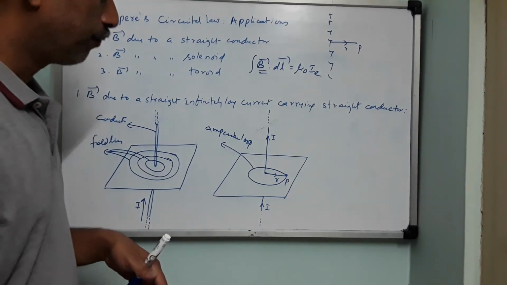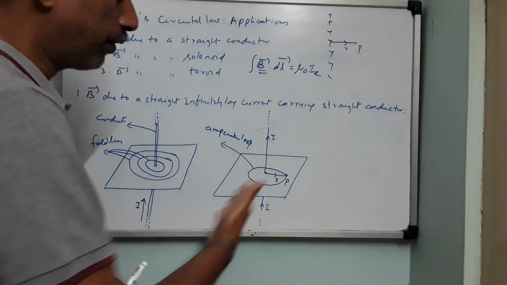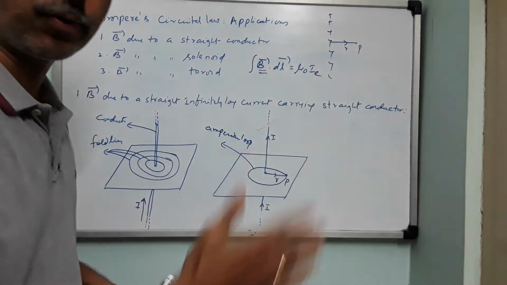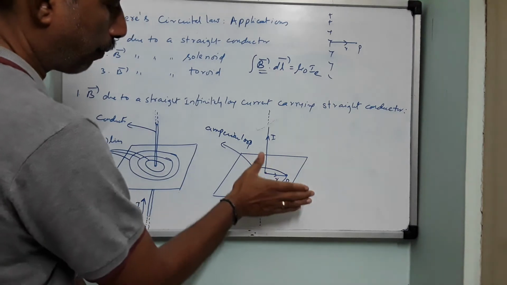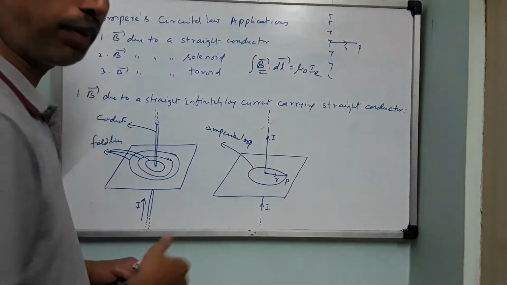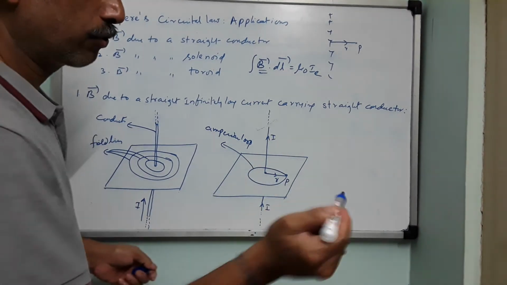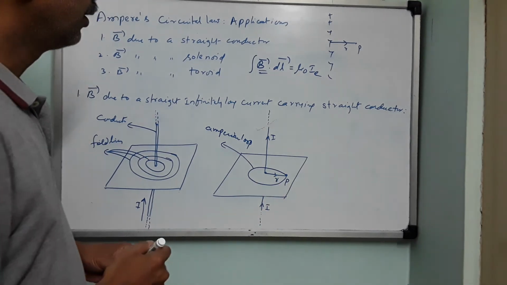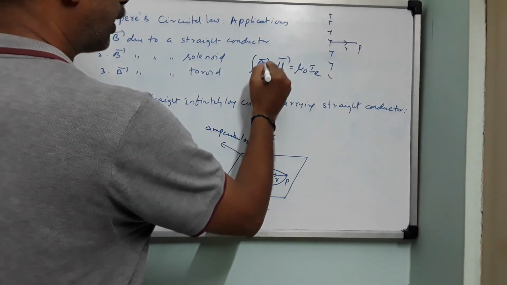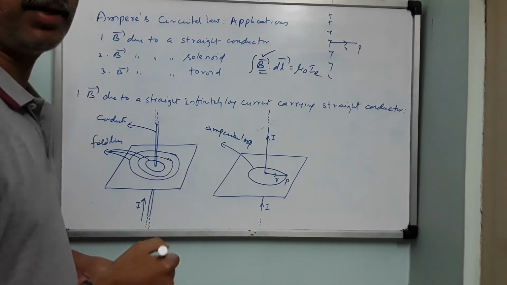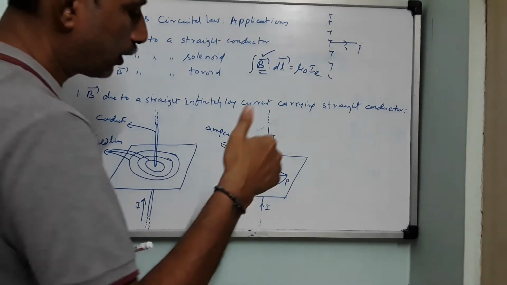So you consider only one point, either left side or right side. Always it is our convention that we go from left to right only. So at P, the magnetic field will be going normally into the plane of the board, like this. Now, next, we are clear about what is the direction of magnetic field at point P. It is going normally into the plane.